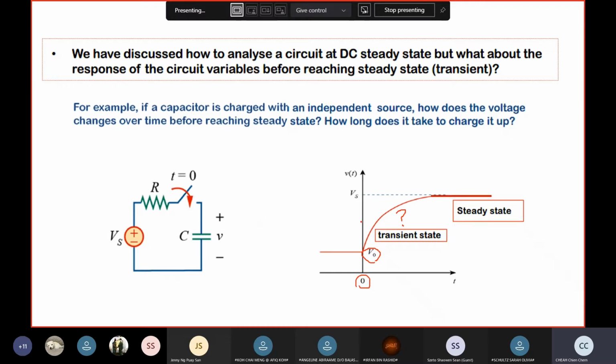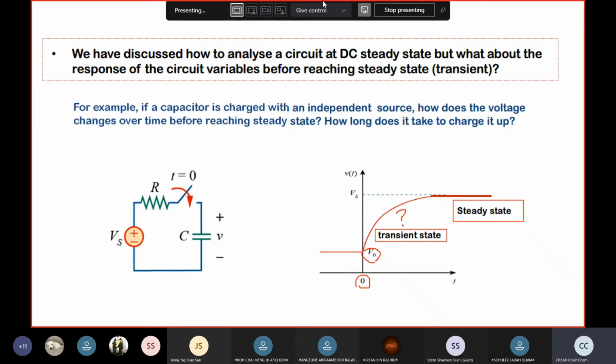Okay? No change. Doesn't have to be constant. No change. If it's DC steady state, that means it's constant, right? If it's AC steady state, it means it's settled down as a sine wave, right? No more changes. Settle down as a sine wave. So initially, it may not be a sine wave, for example, but finally, it settled down as a sine wave. Okay? So steady state